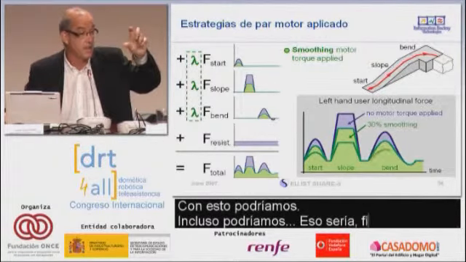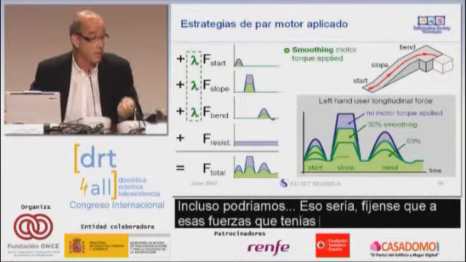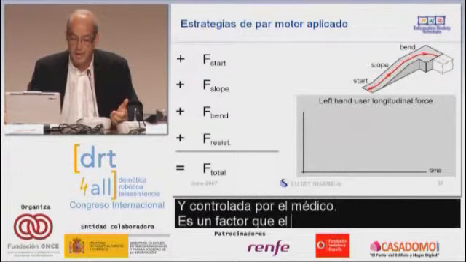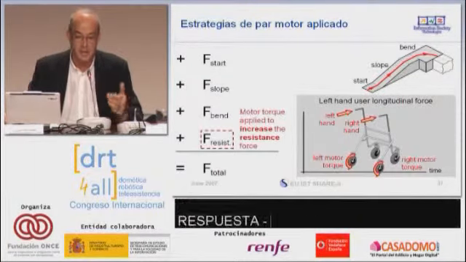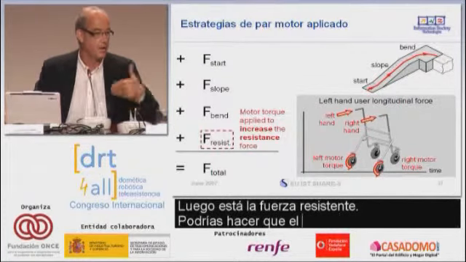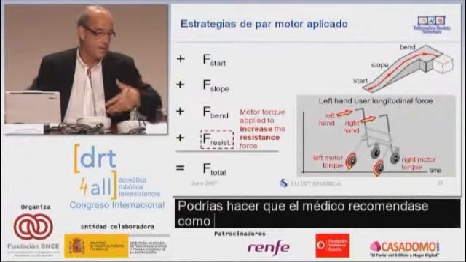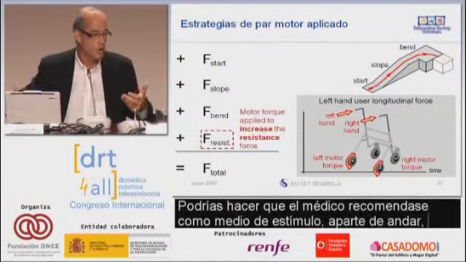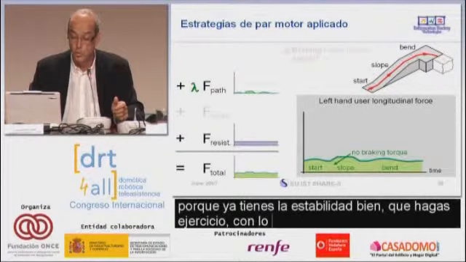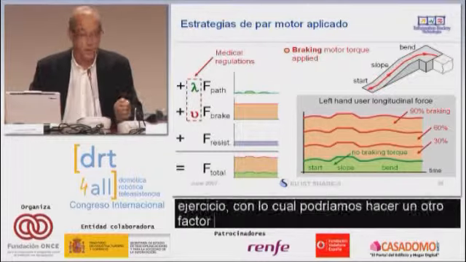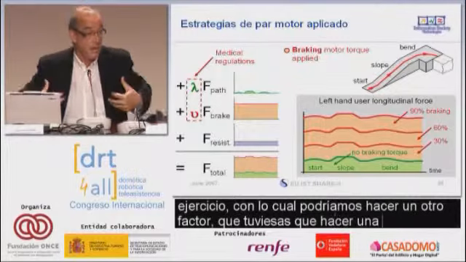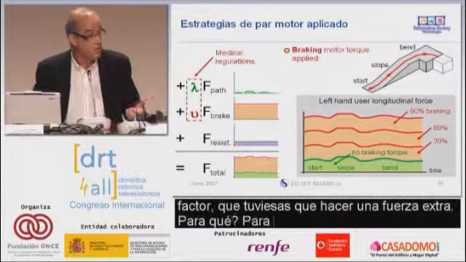Lambda means that the force you have to do is less, and it is controlled by the doctor, by the physician. Okay? Then you have the resistant force, which the doctor would recommend as a stimulus for exercise, apart from walking, because you already got the stability, to do a bit of exercise using another factor, the new factor. With nu, you should make some extra force to stimulate your own physical